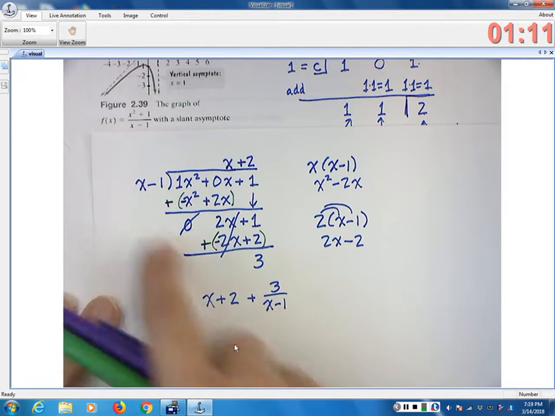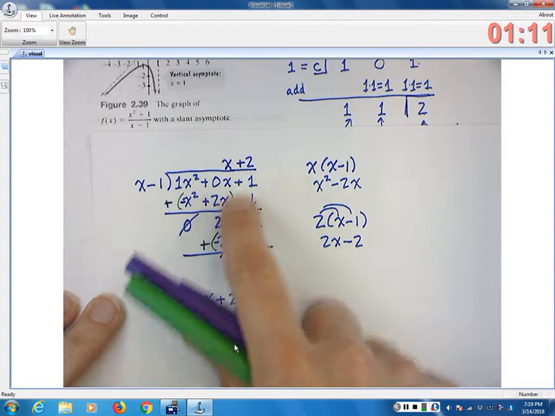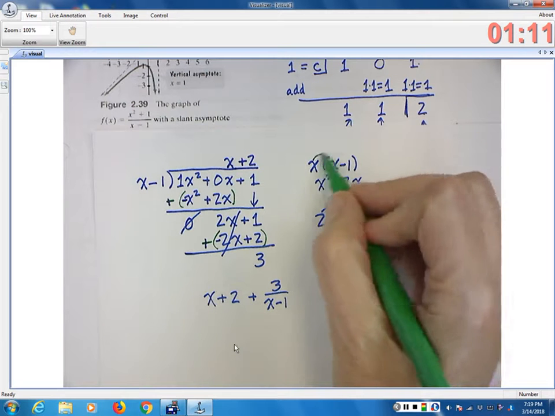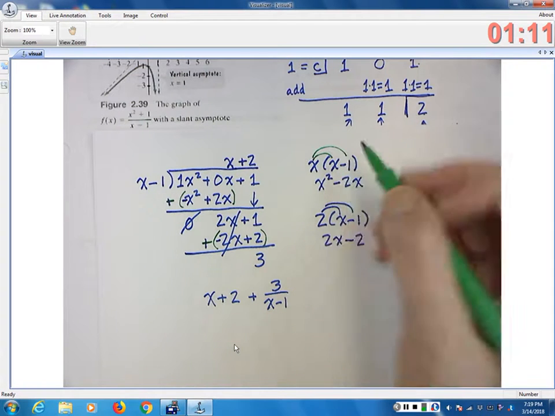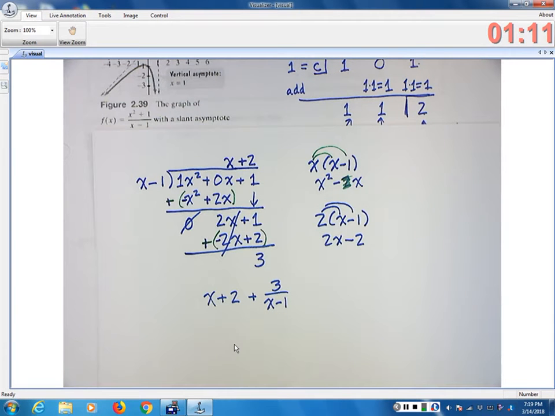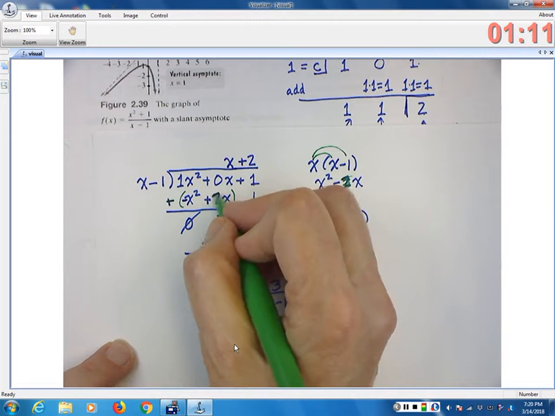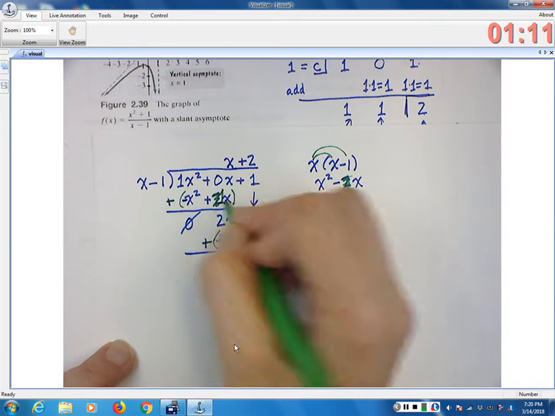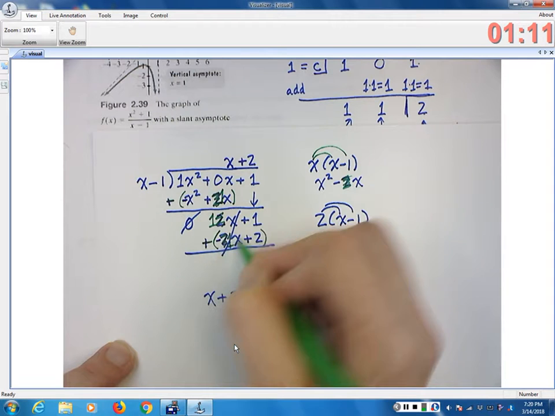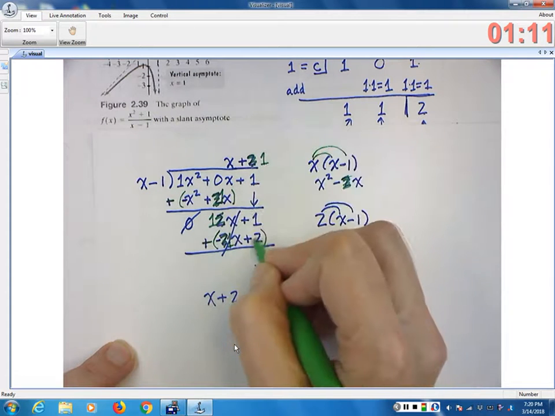All right. It bothers me. Okay. X. Oh, I made a mistake. That's why. Very much so. Okay. Does anybody else see it? What is x times x? X squared. What is x times minus 1? Okay, so this is a 1, and this was a 1, and this was a 1, and this was a 1, and this was a 1,